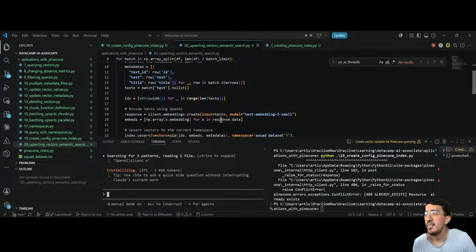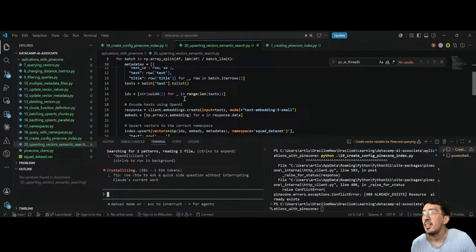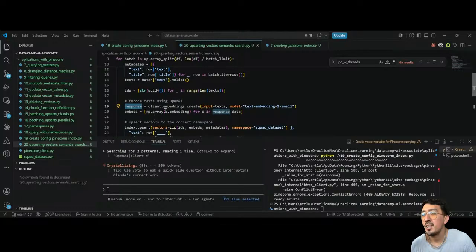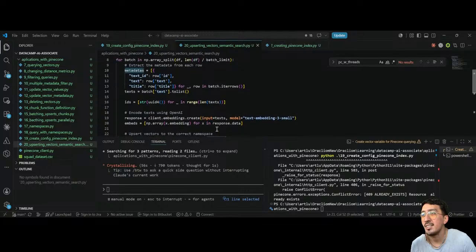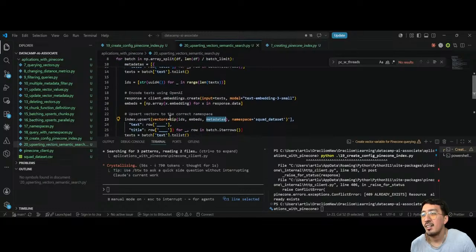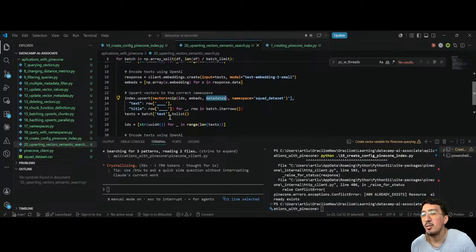So I understand everything here. The only issue is I create embedding, so this creates the embedding for X and responds. It's creating the embeds as an array. So you have multiple arrays, multiple IDs, and multiple metadatas. And I just need to